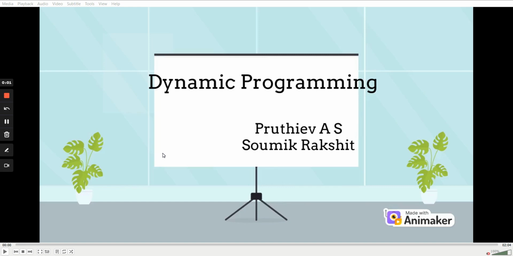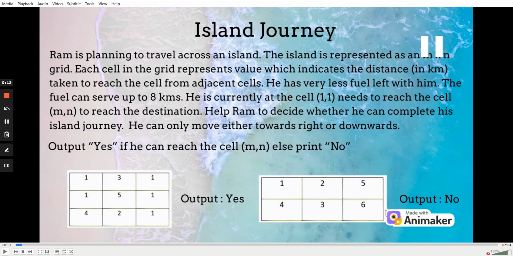Hello all. So today I'll be explaining the concept of dynamic programming. I will basically explain this concept by using a problem. So if we go ahead to the problems, our problem statement basically is there is a person Ram who has to travel from one end of the island to the other end of the island, and he has